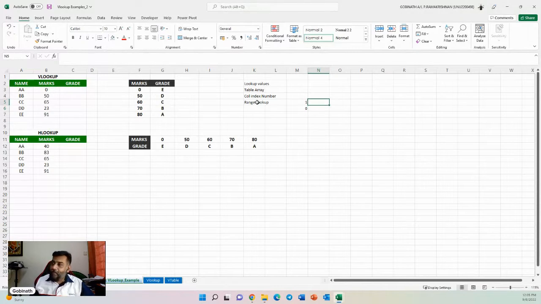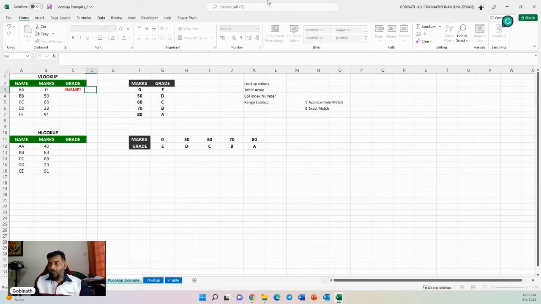1 is for approximate match, and 0, we use 0 when we are looking for exact match. Okay. Now let's try this exact match first. For example, if I go and put here my formula, VLOOKUP